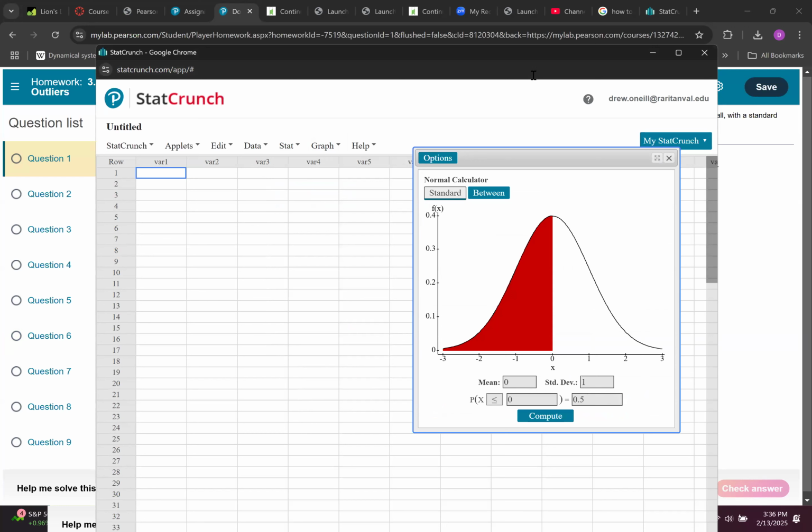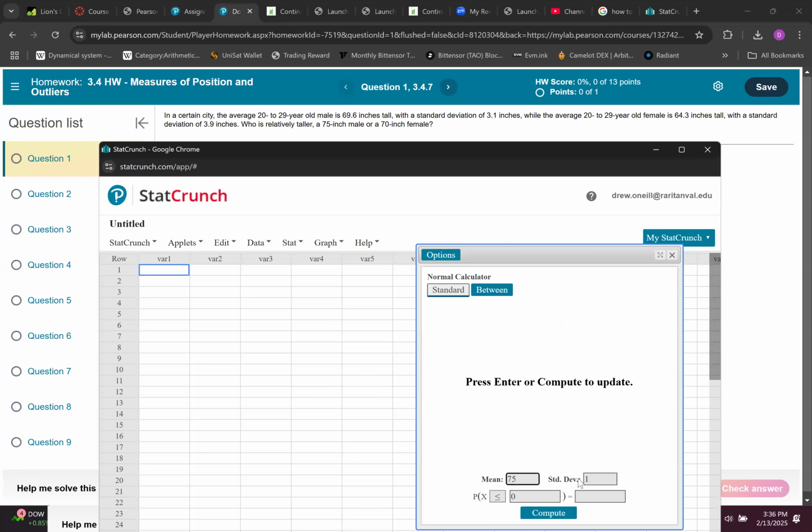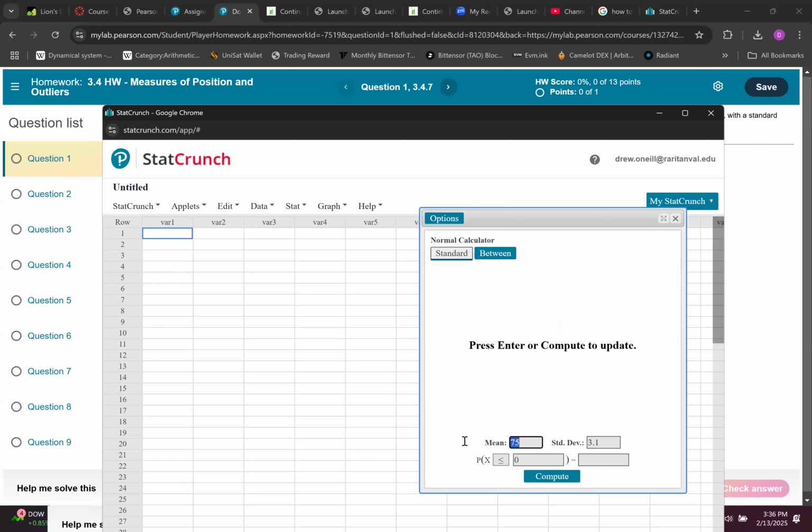We enter the mean is 75, standard deviation 3.1. Sorry, the mean is 69.6. I keep confusing this. Okay. Probability that the person is less than,